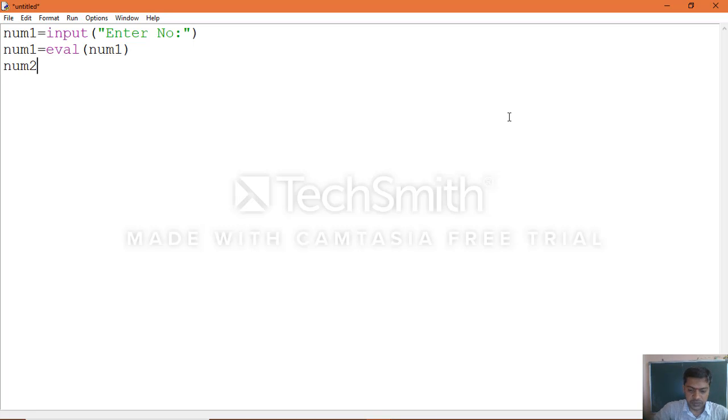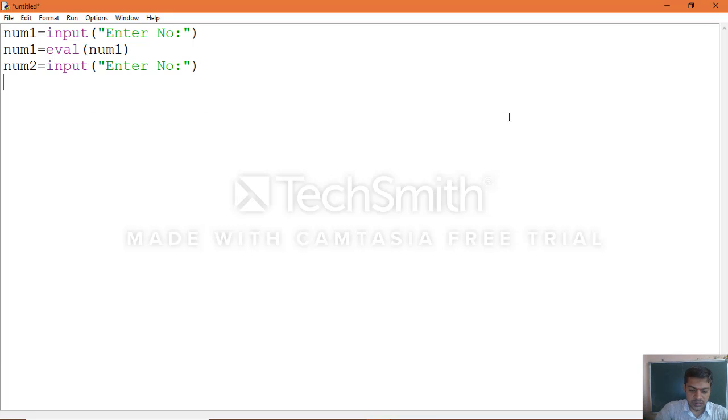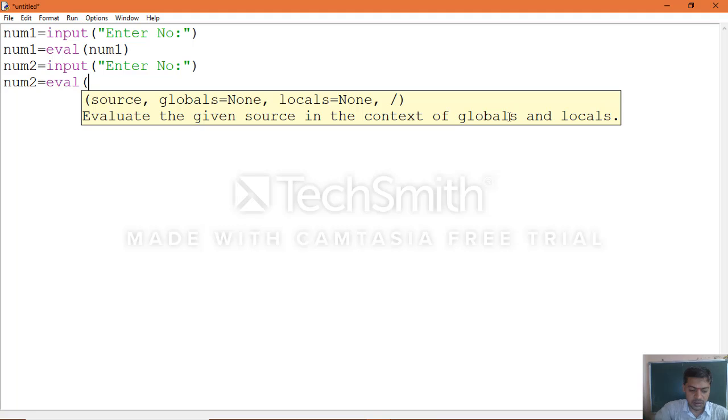In the same way, num2 = input("Enter number"), and assign the value. num2 = eval(num2), converting the type from string to integer.